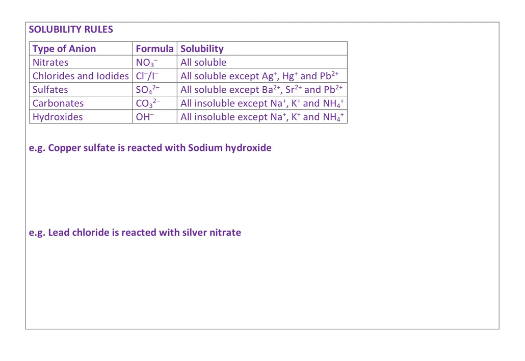So let's have a look at how we work out what happens in these reactions, these precipitation reactions. And we'll start by doing a word equation, which is often where I would start, particularly say with a Year 10 class. So we've got this reaction where we've taken some copper sulfate solution, a blue solution, and we've reacted it with sodium hydroxide, a standard base that we would use in the lab. And we want to show that reaction. We would write that out as,